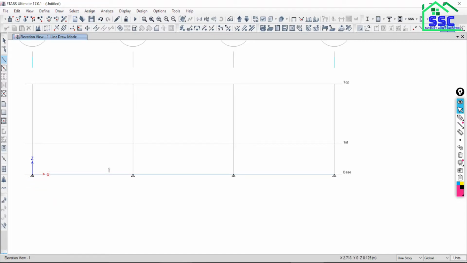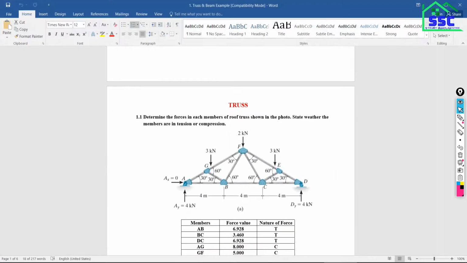Now next we have to model this line. This one member is there, this another member is there. But right now, because we don't have this point perfectly, we are going to model this complete member from this point to this point at the center.